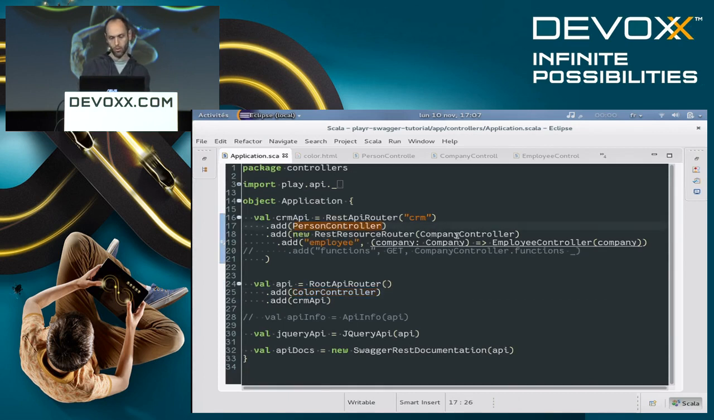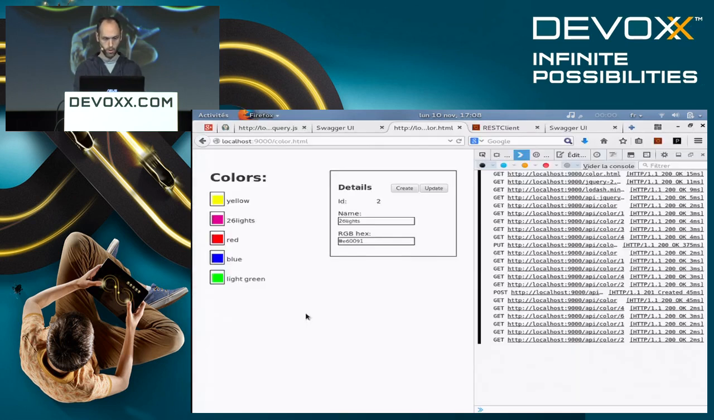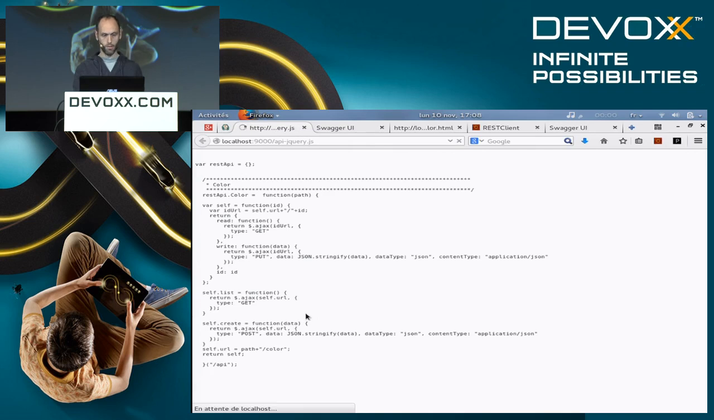But I also add a company controller that has an employee controller underneath, and I give it a constructor, a way to construct an employee controller. So given a company, that comes from my company controller, how to build an employee controller. Since my employee controller is a case class, I just have to write it like that. I add this subrouter to my global API, and hopefully, first, if I have a look at the jQuery